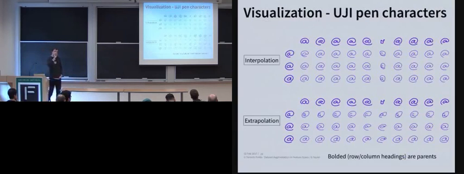We can also take sequences of people drawing characters. These have been captured with a pen tablet, and here you see in the top row and the leftmost column essentially the parents. These have been mapped again to context vector space, and here in the top they interpolate between them, or we extrapolate between them, but these still maintain identity, in this case as a character. The other thing I would point out here is that when we extrapolate, you see a lot more variability in the results. So this is already a key to what's going to work better in practice, extrapolation versus interpolation.